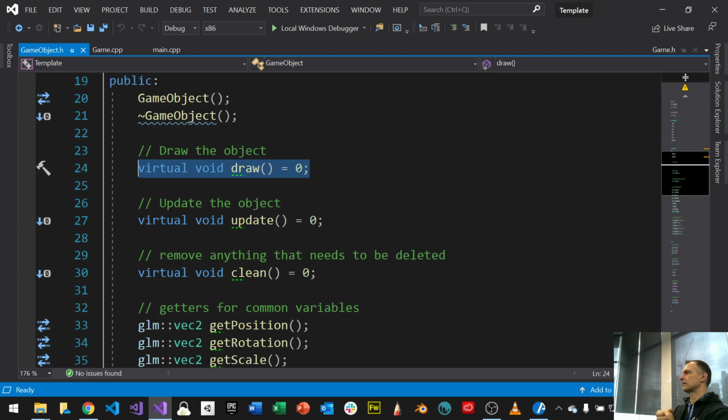Because a plane is a GameObject, it fits that parameter list. But it's a specialized GameObject. It's a plane. And we'll see that later on. So if you don't know object-oriented programming, what we're talking about here is abstract classes and objects, we're talking about